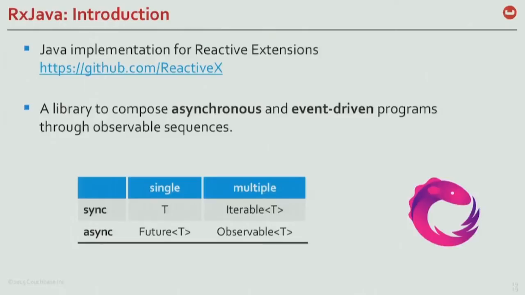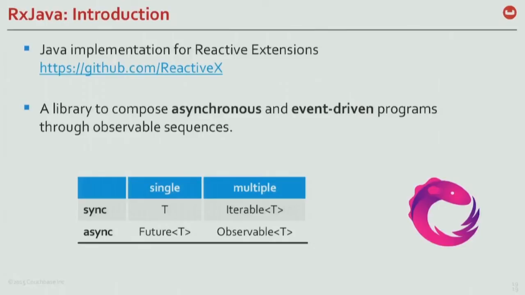Now let's do a small RxJava 101. Go on github.com/reactivex. There are several implementations of Rx. There's one in Java, one in JavaScript, one in Groovy, one in Ceylon, one in pretty much any language. And it's quite nice when you do microservices, especially polyglot microservices, because you have different languages. And if you use Rx on all these languages, you have a common API that you can use. I mean, it's not exactly the same, but the operators are the same, the words are the same. It just feels better and easier to do polyglot with the same libraries.